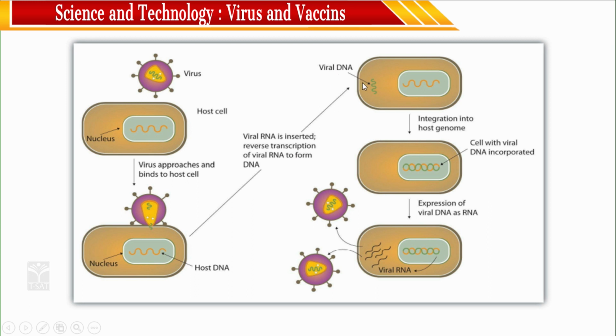After introducing the genetic material into the cytoplasm, the viral genetic material might be RNA or DNA. It is RNA in the case of the COVID-19 virus, which is described as a retrovirus. From the cytoplasm, it enters into the nucleoplasm and incorporates into the genome of human beings. The basic thing we need to understand about how it replicates is that the viral genetic material incorporated into the human genome